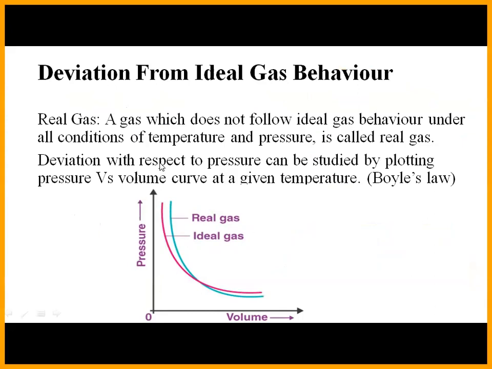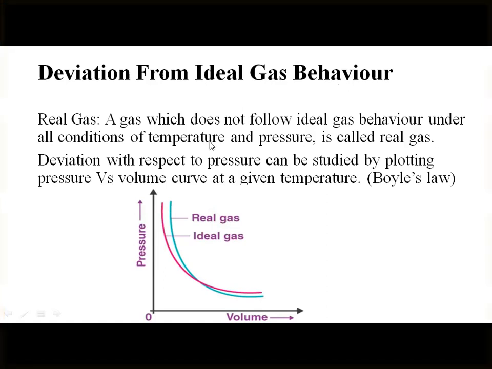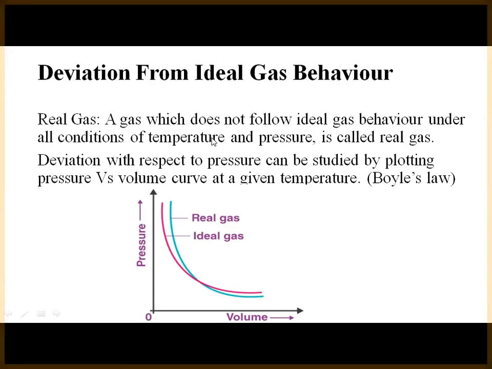Real gases are the ones which do not follow ideal relations of the gas laws. They do not follow ideal behavior under all conditions of temperature and pressure. Why does the deviation of real gas from ideal behavior occur? It occurs due to the assumption that